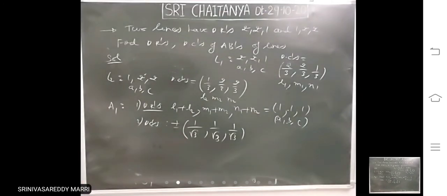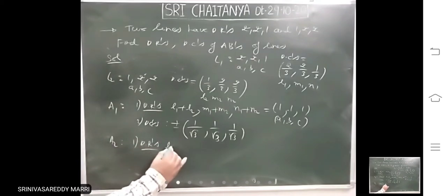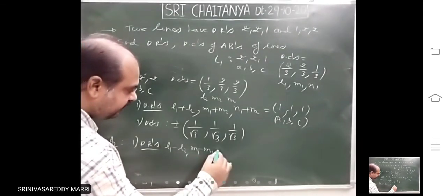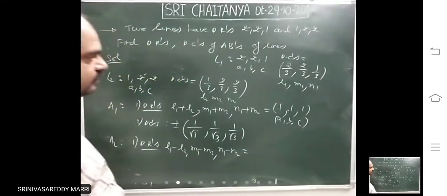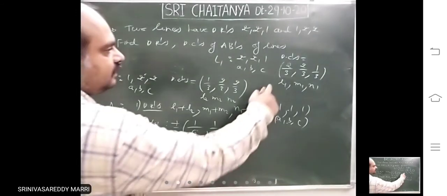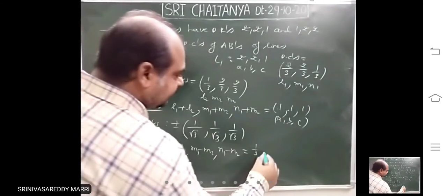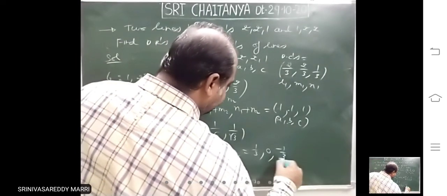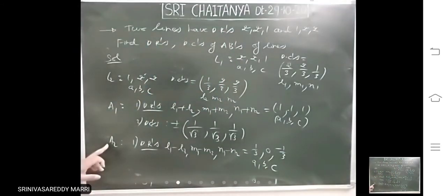Now what I have calculated. So then A2, another angular bisector is there, number 1, DRs. First you calculate DRs. What are DRs? M1 minus N2, M1 minus N2, N1 minus N2. Now look at minus 2 by 3 minus 1 by 3, 1 by 3, comma 2 by 3 minus 2 by 3, 0, 1 by 3 minus 2 by 3 minus 1 by 3. These are what? DRs of angular bisector 2.